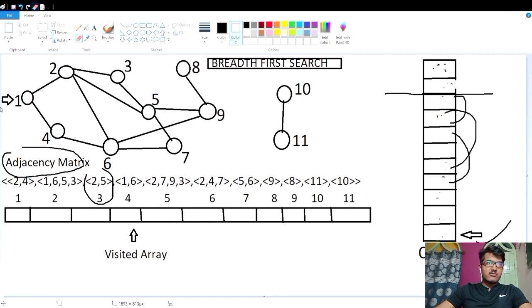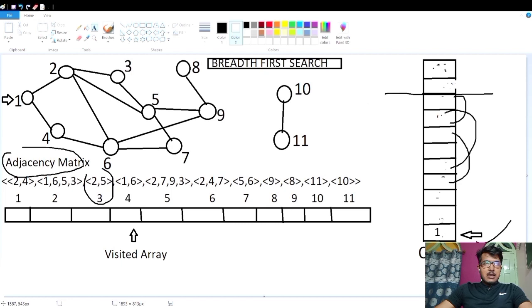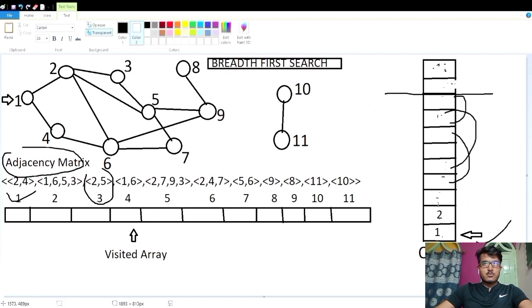Suppose we start with the first node. You can start with any node, it's up to you. Suppose I start with the first node. You will put the first node, 1, in the queue, and 1 has 2 successor nodes, that is 2 and 4. You will put them into the queue, 2 4.